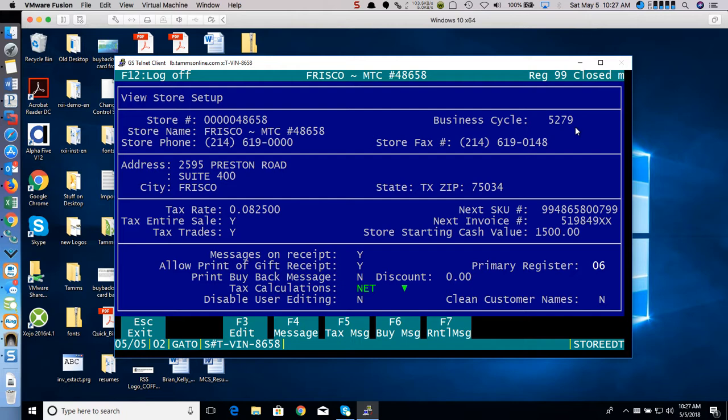If for some reason you operate a store that does not close until after midnight, then the sales that happened on the next following day are actually going to be rolled into the previous day's sales, and that's based upon a business cycle. So a cycle is when you open your store, there's a function where you say open store and you give it the starting cash for that store, and that's going to increment your business cycle. In this case, this store has been opened